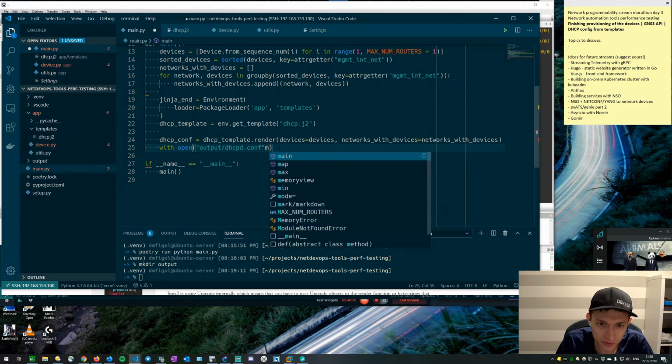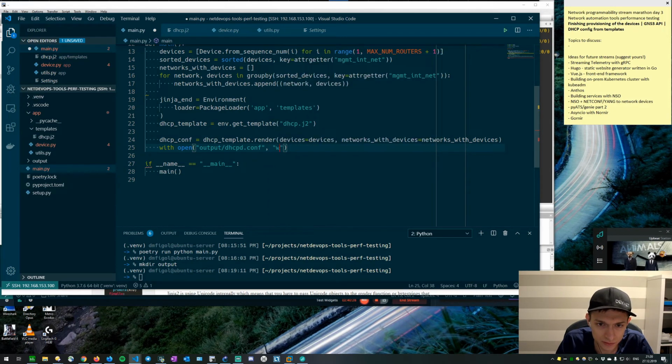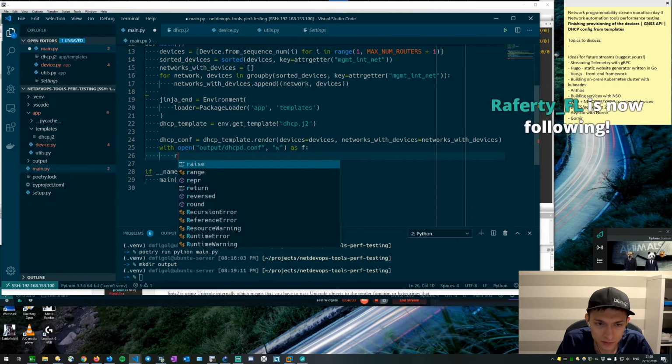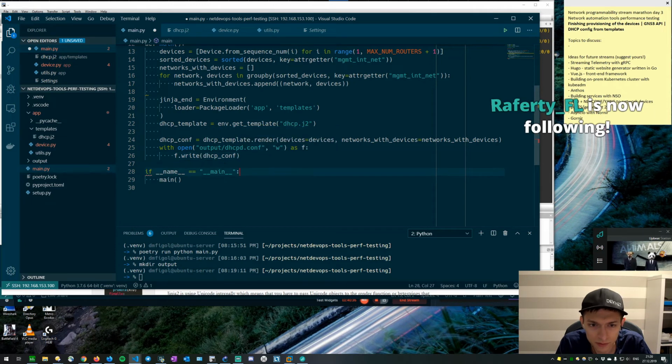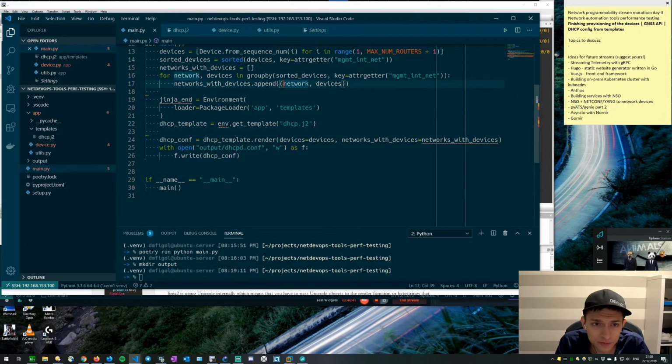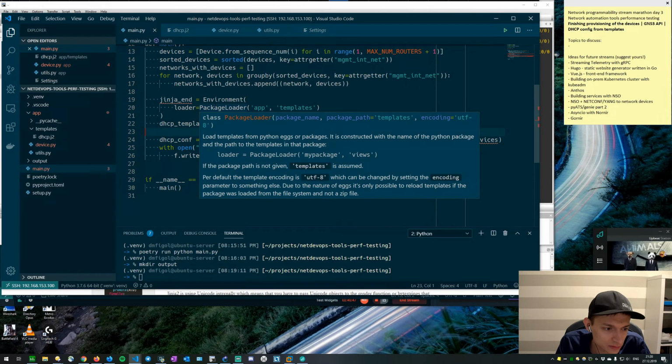We will open this for writing. And then we will say fwrite DHCP-conf. Okay, so in theory this looks good. Probably we screwed up some paths, but